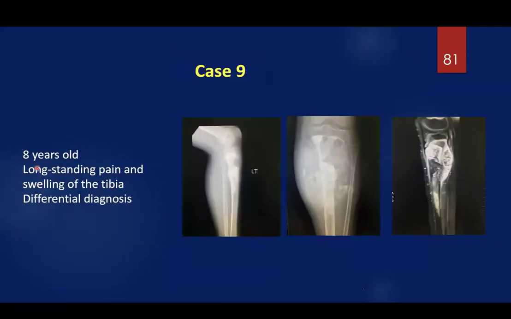Now, the last case is an 8-year-old female patient. She had a long-standing pain and swelling in the tibia. If you look at this, this is a permeative pattern of bone destruction, and this is an ivory. A permeative pattern of bone destruction is malignancy, and ivory is bone formation. So this is osteoblastic osteosarcoma, or high-grade osteosarcoma, but I can easily go further beyond